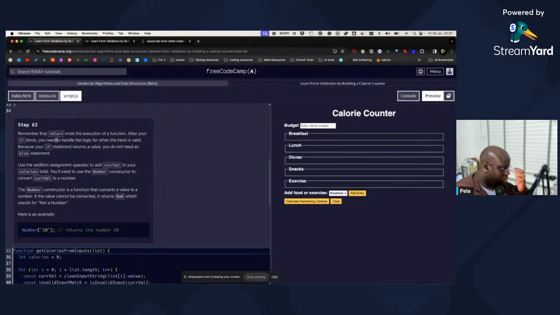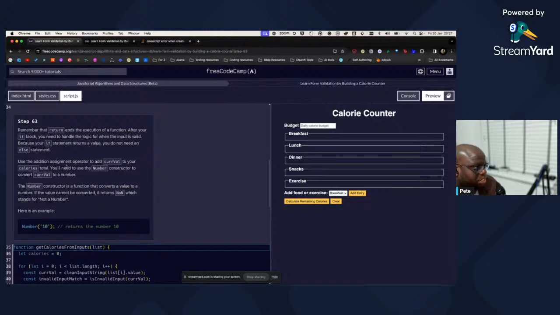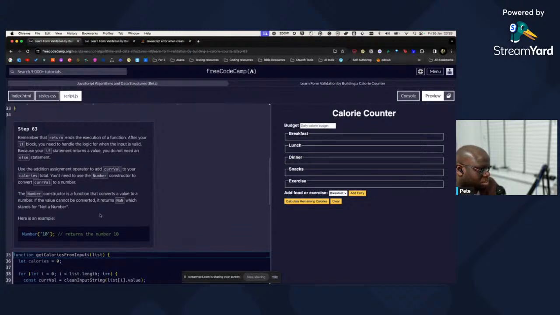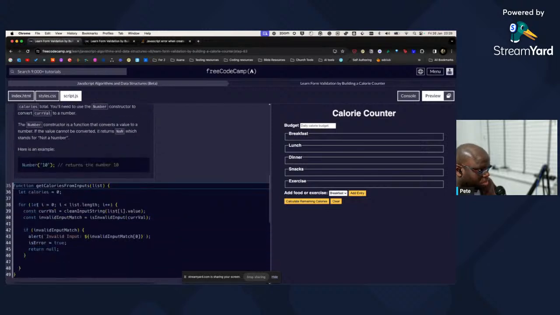Remember that return ends the execution of a function. After your if block, you need to handle the logic for when the input is valid. Because you have returns a value, you do not need an else statement. Use the addition assignment operator to add curval to your calories total. You need to use a number constructor to convert cal. Wow, okay. The number constructor is a function that converts a value to a number. Return an NaN. Okay, so